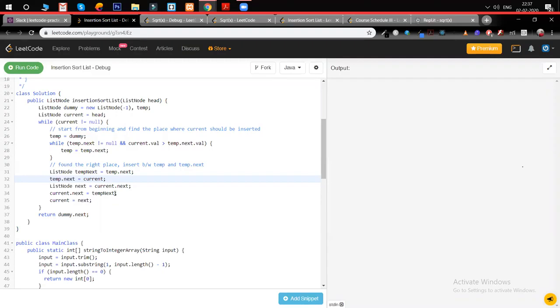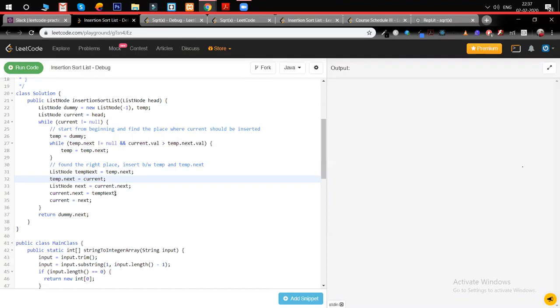Because we start the run from the beginning, every time we put the current result, in the next iteration we again start from the first node, right? In the beginning when I enter, current is null and temp is dummy. Then temp.next, how does it have a value? The while loop will do nothing because it's already null, right?